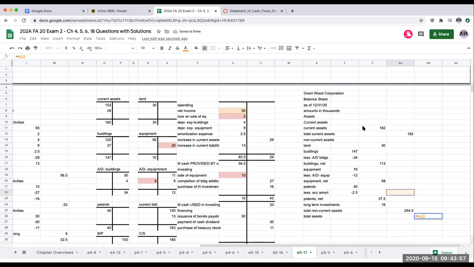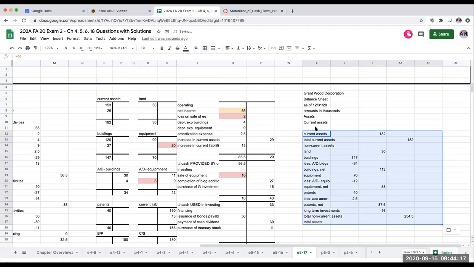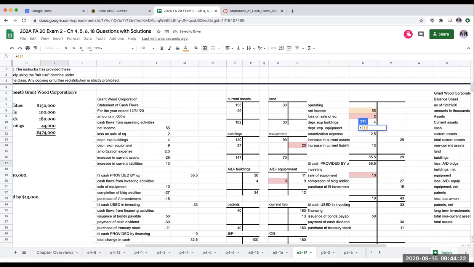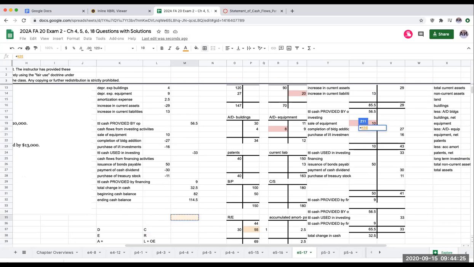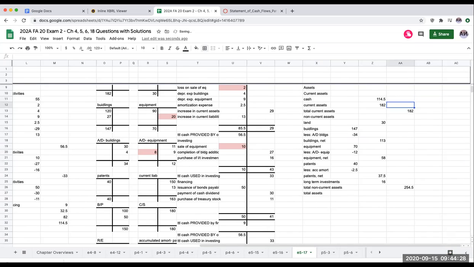And as I'm sitting here, I'm an idiot. Why am I an idiot? I forgot the most important asset of all, which is cash. Hold on. I need to add the cash into our current assets or I'm not going to balance. So right over here, my ending balance in cash, we computed that over here to be 114,500. So my total current assets were here of 296.5. So my total assets are going to be 551.